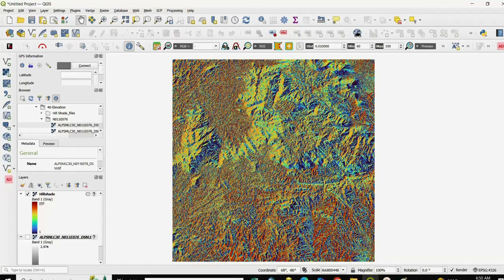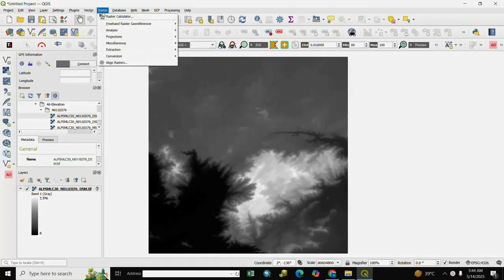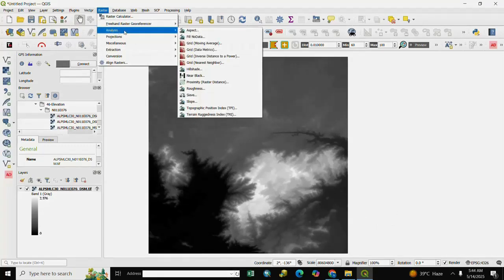Let's start. Here is our image and we create a hillshade. For creating a hillshade, we go to Raster and select Analysis.